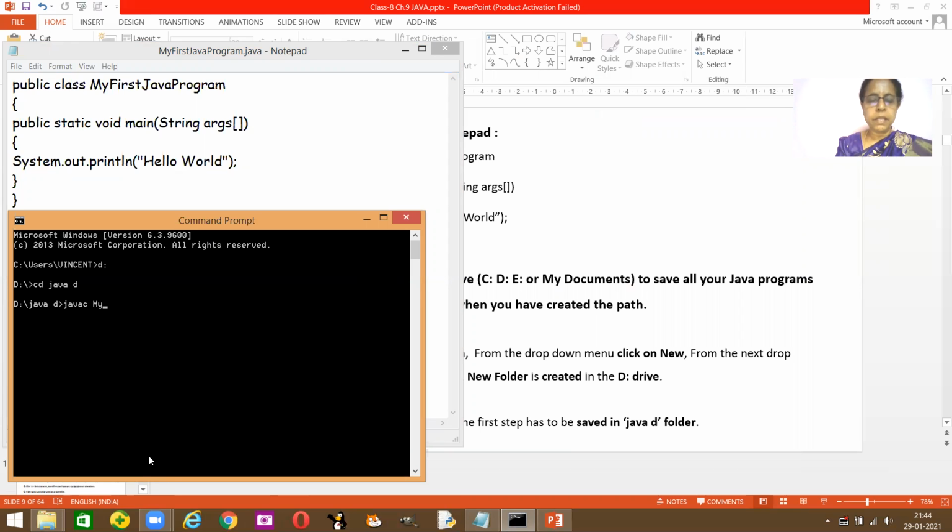javac MyFirstJavaProgram.java. Please be careful when you're typing. You can make it on a full screen and then take the screenshot and print it out and stick it in your book. I'm just making a small screen.